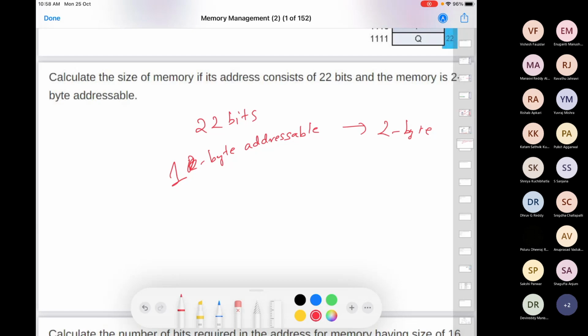Those who are online, you can type in the chat window. For 1 byte addressable, 2 power 23. Okay. Any other answers?